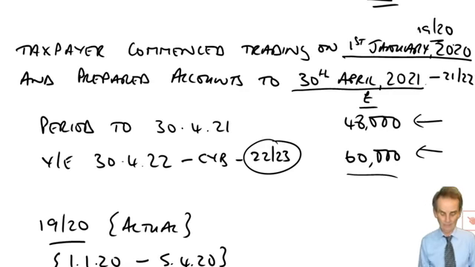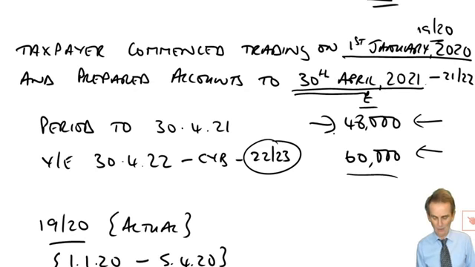And that took us all the way through to 22-23, from what was again January 20 there, our 1920 first tax year of trading. Now the previous example to that was very, very similar. The only thing I've changed was the accounting date. This time it was the 30th of April, and in that 16-month period to the 30th of April 21, we made